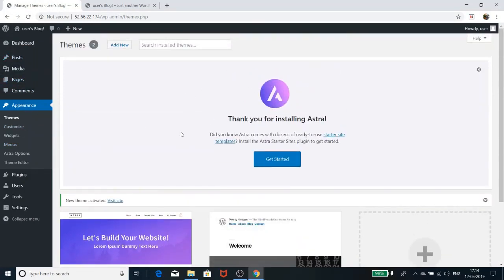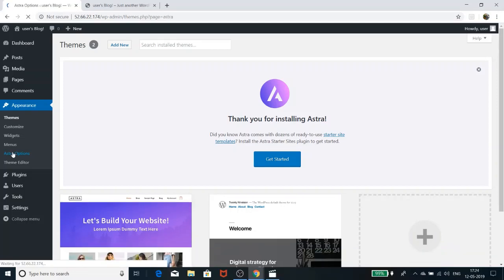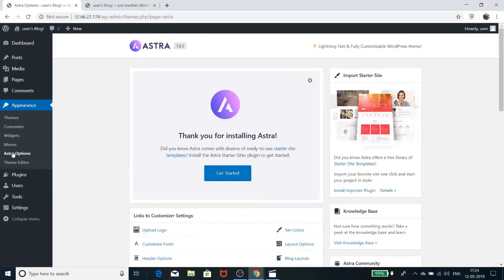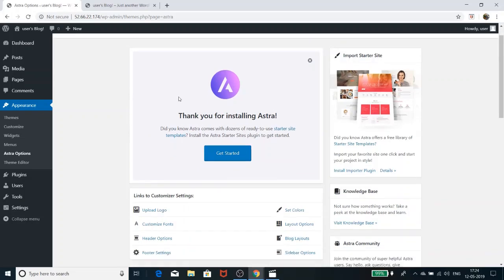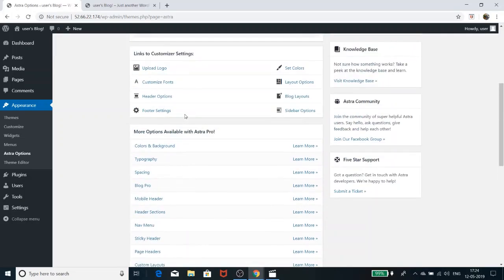After Astra is installed, I get an option here called Astra option. So basically, if I click on this Astra option, it will give me a link. If I click on that link, it will basically import all the starter sites that are there in the Astra pages. So let's go in the Astra. Astra option takes you to a page in which you get the details about Astra,